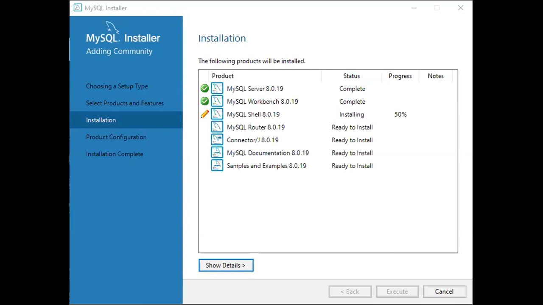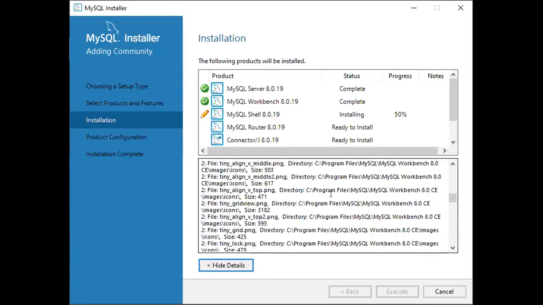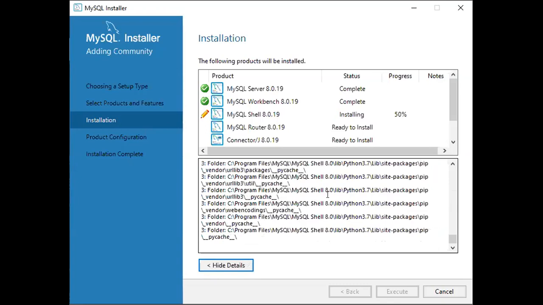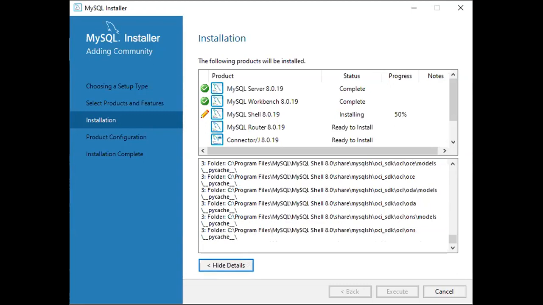So it is 50% only. Remaining 4 components will install quickly. But only this shell will take time. Any problem? It is going on.